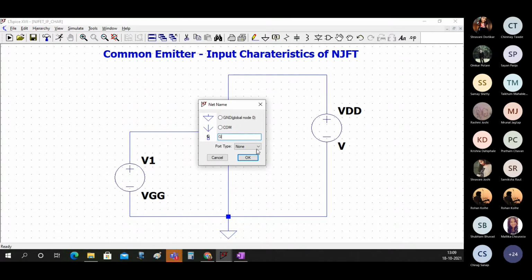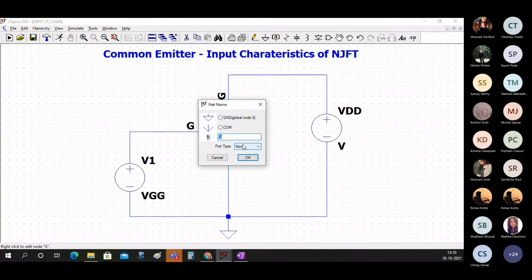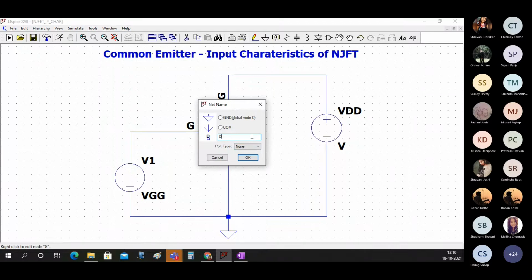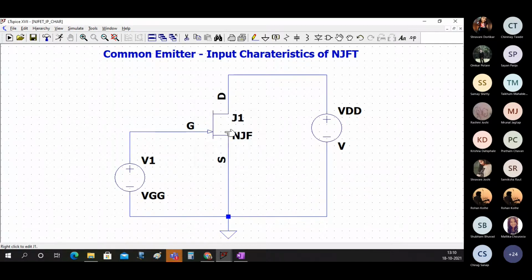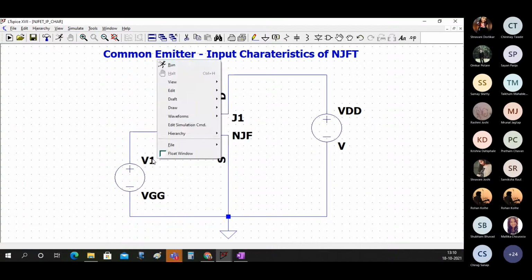Gate is simple to identify because the one with the arrow is the gate, but which is drain and which is source? The gate terminal will be closer to one of these terminals. The terminal which the gate is closer to is the source, and the other terminal is going to be the drain. So please write like this.